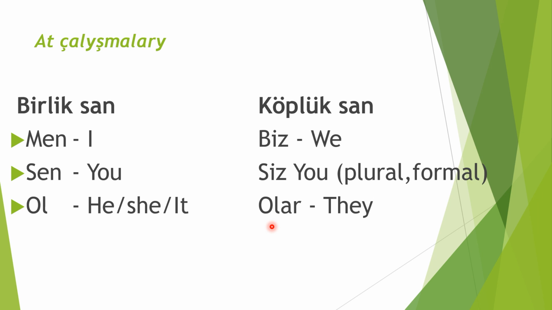Dodak çekimliler, round vowels. In the round vowels, I told you that if we have a round vowel in the first syllable, in the second syllable we cannot write it as o, but because of this o, we read the second or third syllable as o. So this is goşulmalary, or in other words, in English, pronouns.